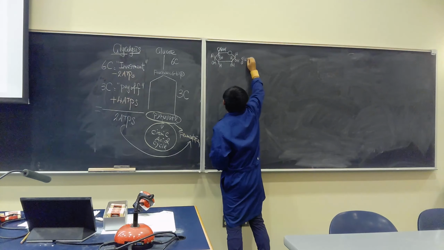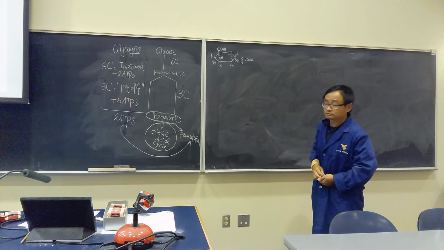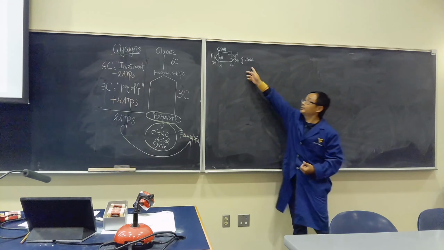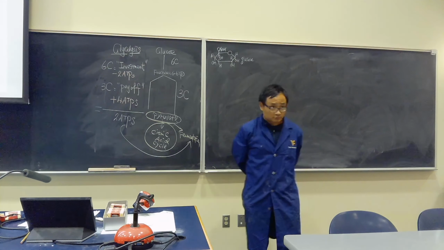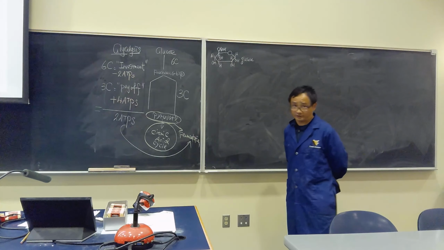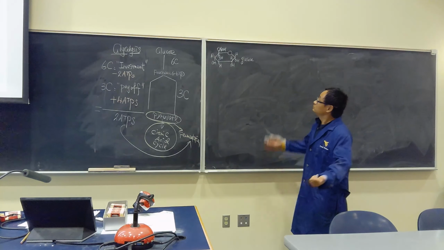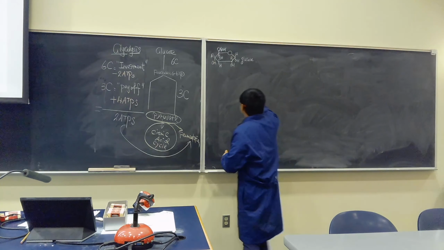If you don't know glucose, then it's hard to explain. So in the exam, how many extra points do I get? 1.5. Glucose 0.5, structure 1.5. Okay? So glucose then becomes